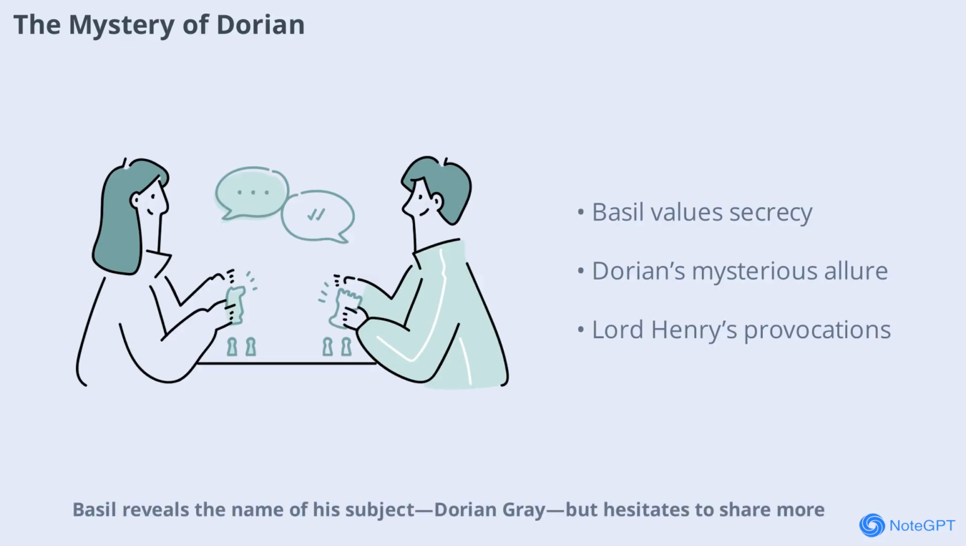Basil reveals the name of his subject, Dorian Gray, but hesitates to share more. He confesses that he values secrecy, believing it adds romance and mystery to life. Basil's reluctance to introduce Dorian to Lord Henry stems from a desire to protect the purity of his relationship with Dorian and his art. The conversation turns to the nature of friendship and the dangers of influence. Lord Henry, ever the provocateur, jokes about the necessity of deception in marriage and the complexities of human relationships. This scene deepens the intrigue surrounding Dorian, hinting at the transformative power he holds over Basil and the potential consequences